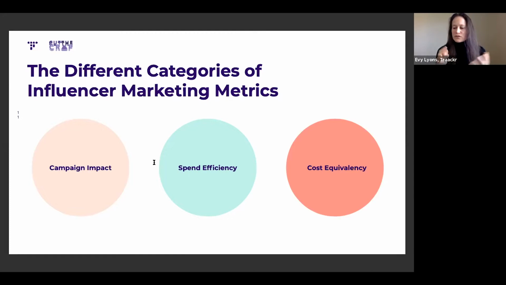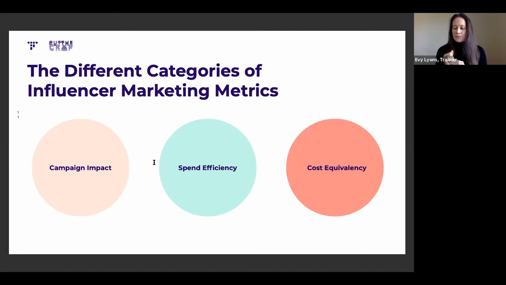Campaign metrics are used, as you can imagine, to measure and analyze and understand the impact of your campaigns. And within that, there's different metrics that will be aligned to whatever it is you're doing. And Lauren's going to walk us through that in just a second. Spend efficiency metrics are really your cost per metric, your cost per post, cost per engagement, et cetera, which help you understand how efficient your investment is, and really are important levers for driving your return on investment. And we'll talk more about that, of course.